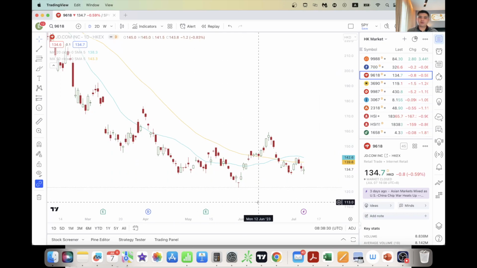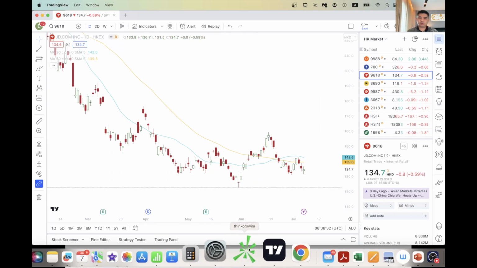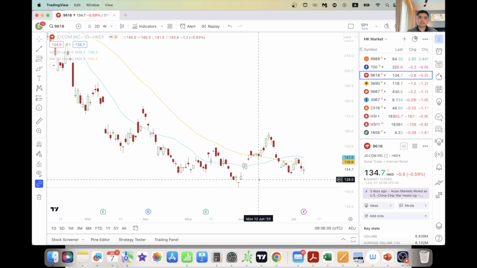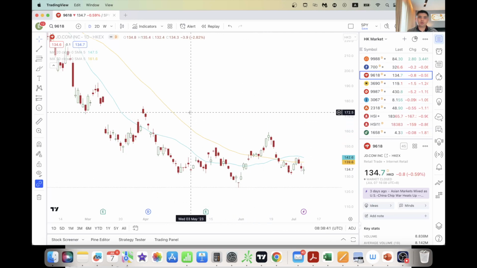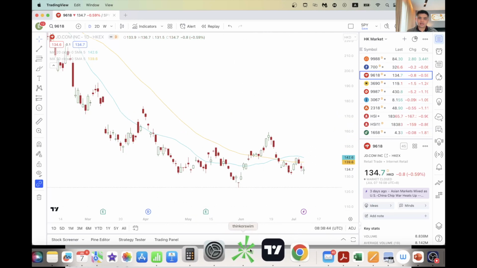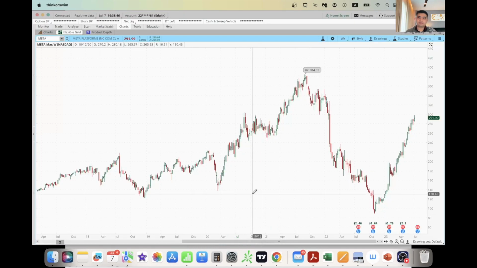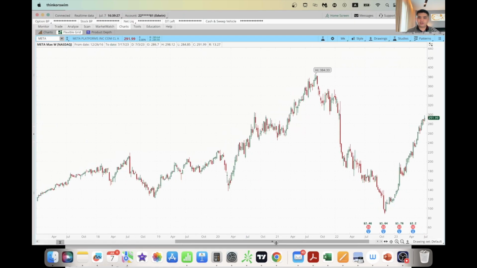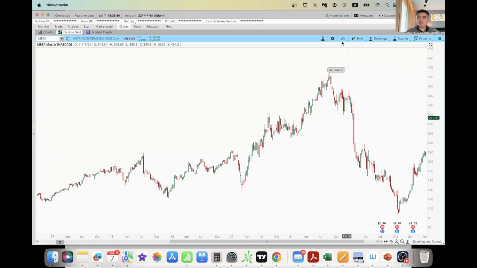You can only add 3 at a time. But for demonstration purposes, I will show you how to use both of these software to plot the support and resistance based on horizontal lines and also moving averages. Okay, let's start with Thinkorswim. I'll start with drawing a horizontal line. You hover over to this time frame setup,